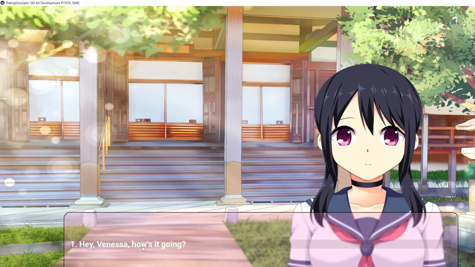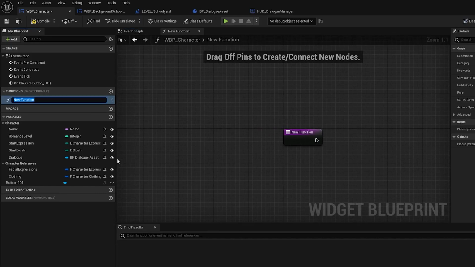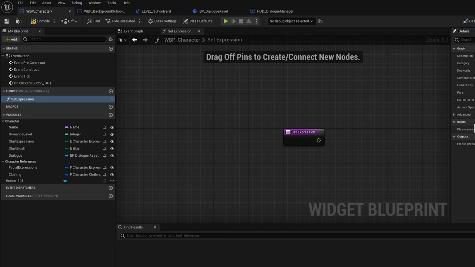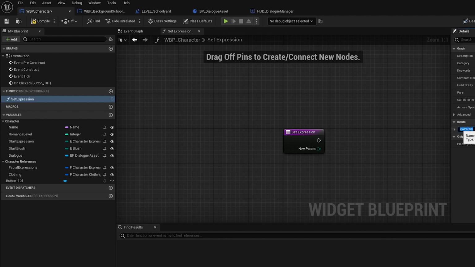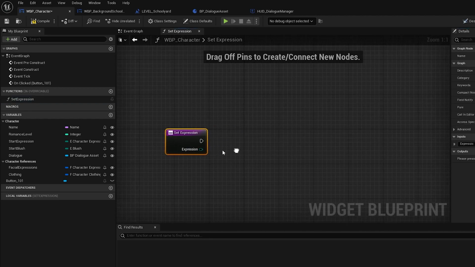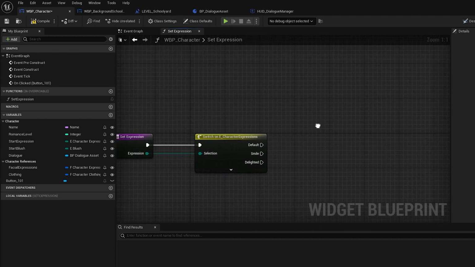Welcome back. Last time we focused on getting the data right, and today we're going to work on the actual dialogue. In the character I'm going to make a function called setExpressions with as input parameter the expression data that we set previous video. From there on I want to drag it out to a switch statement so I can do